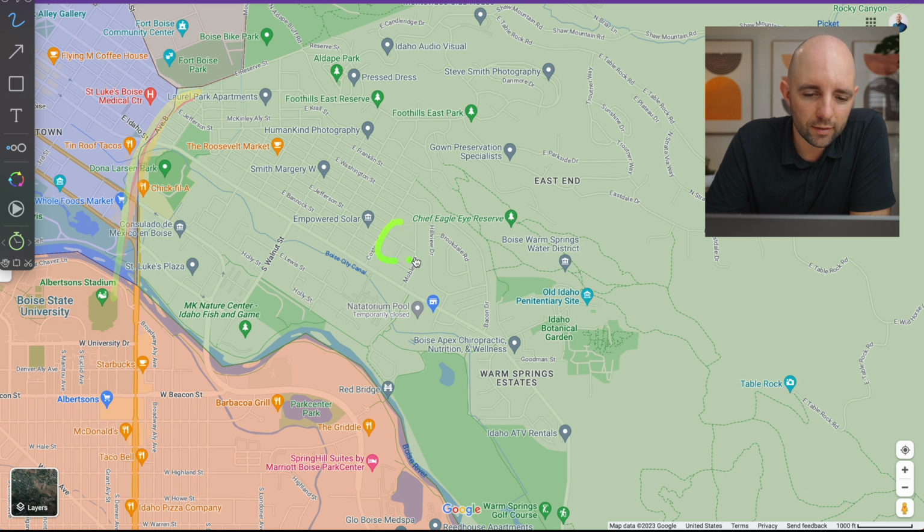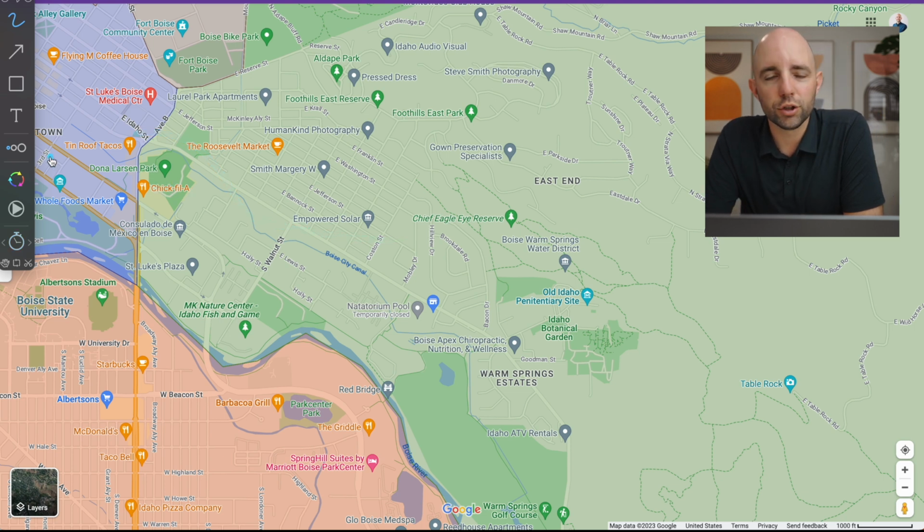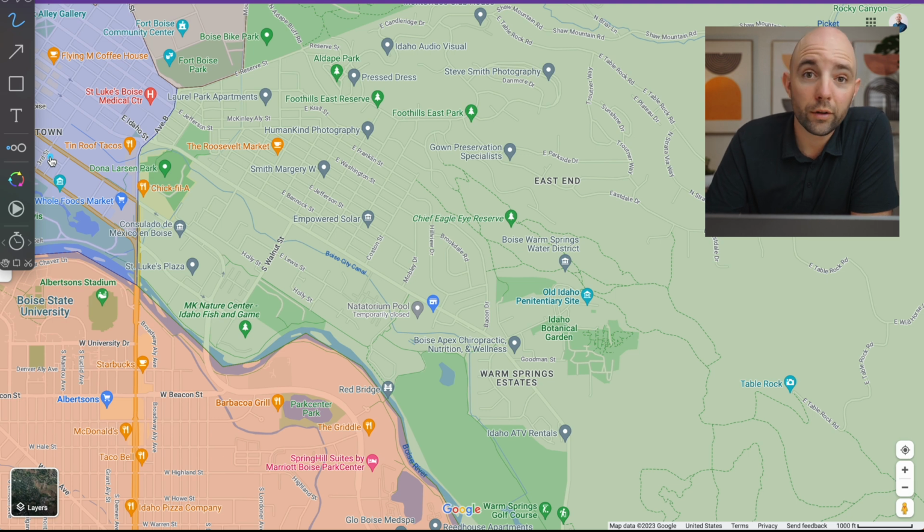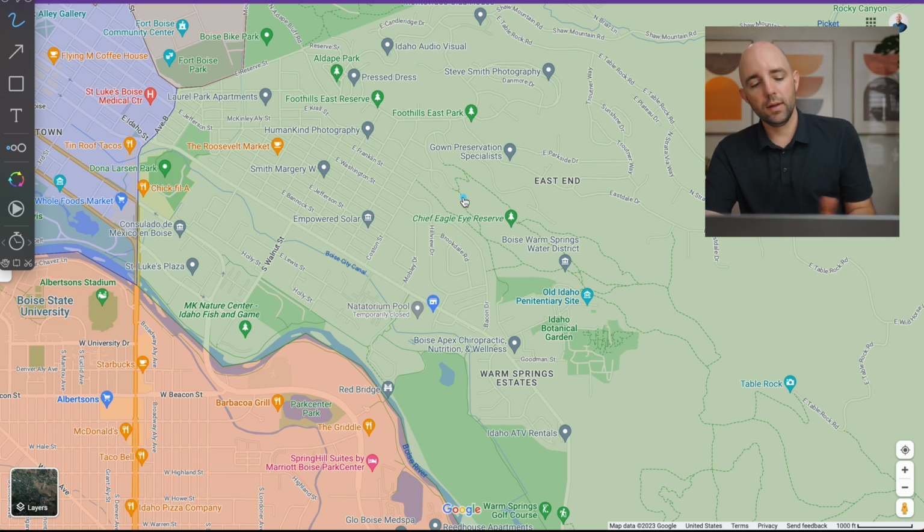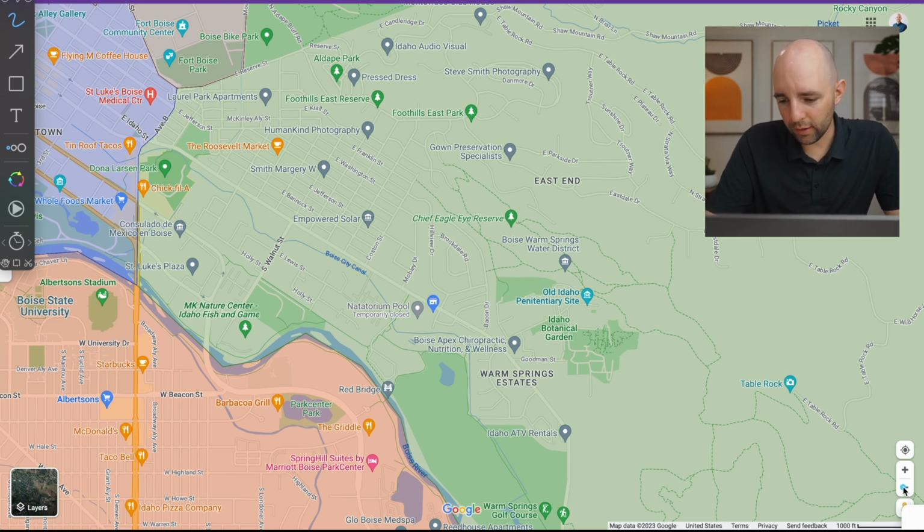So if you lived in this general area, it'd be really easy for you to jump into town. You have a Chick-fil-A right here. You got Whole Foods Market. You got a Trader Joe's. You have a Winco just down the street here. The Capitol Building is just right up here in the corner. But this is a really great area. If we zoom out again